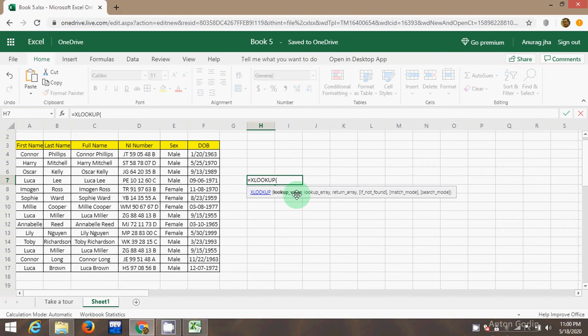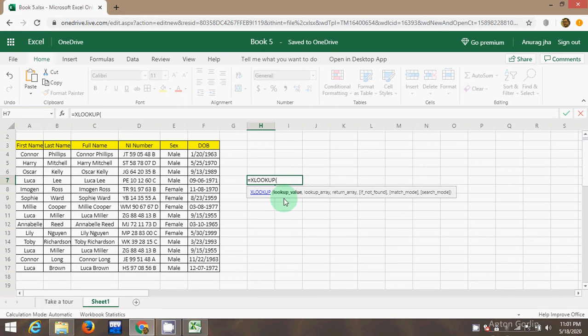Lookup value means, as you know in VLOOKUP, the same thing in XLOOKUP also. The second is the lookup array, the list where this value should be found. And the third parameter is the list from which you want the result.